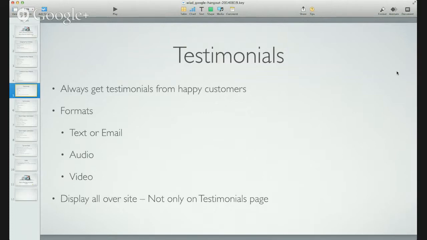abuse that. A next step is also to get an audio testimony from people, where they can send you an audio file. They can do a recording, or if you're with them, you can do the audio recording yourself, either on your smartphone or with a more specialized recording device, and that works well. But a video testimonial is still, I almost want to say, the ultimate.